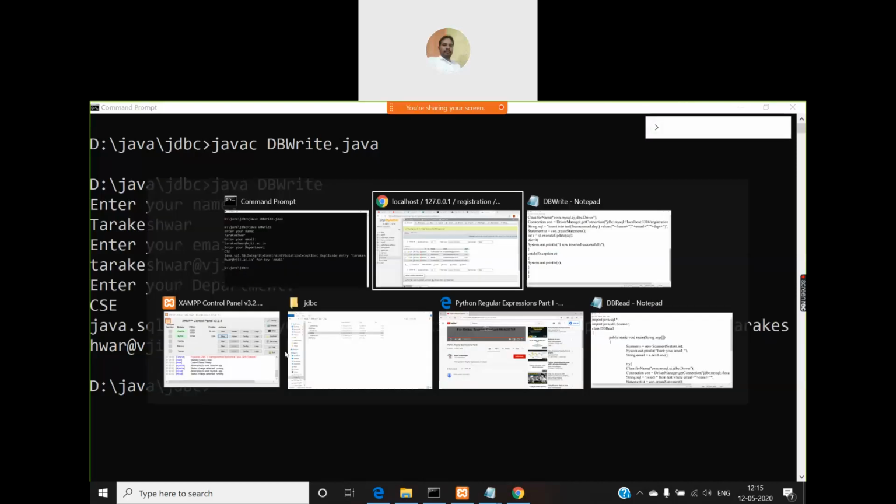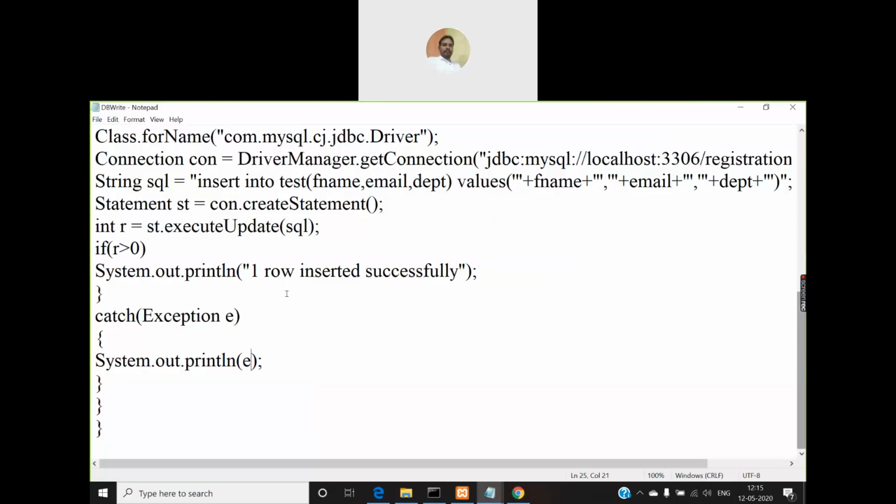So in my program, instead of displaying this exception description e, what I have written, I can display a message like this, right?